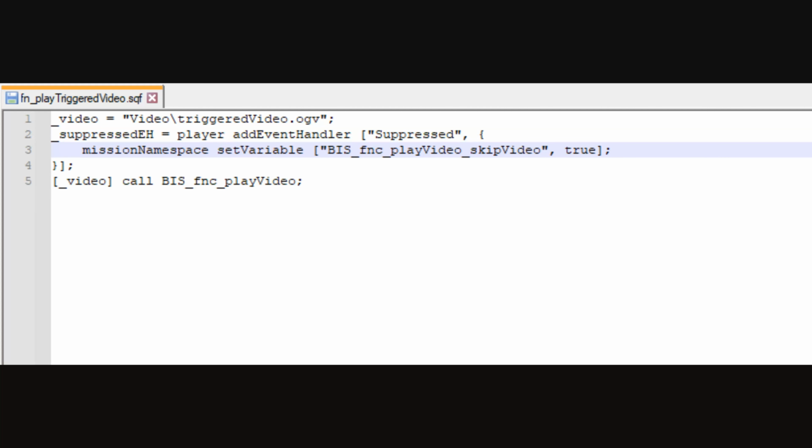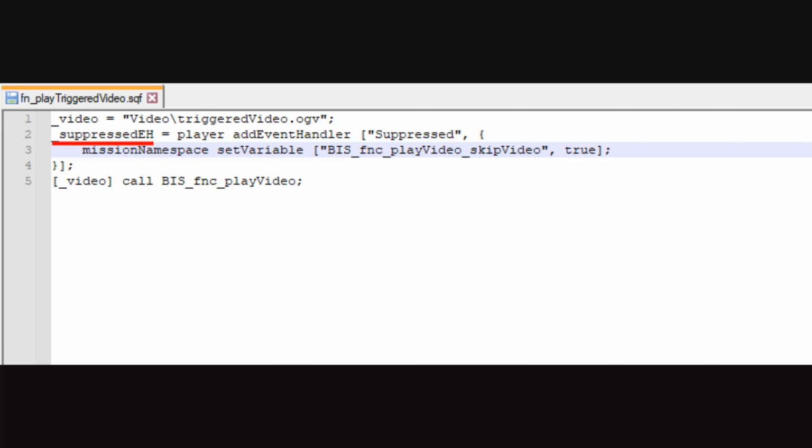The line will look like this: _suppressedIH = player addEventHandler ["Suppressed", {missionNamespace setVariable ["BIS_fnc_playVideo_skipVideo", true]}];